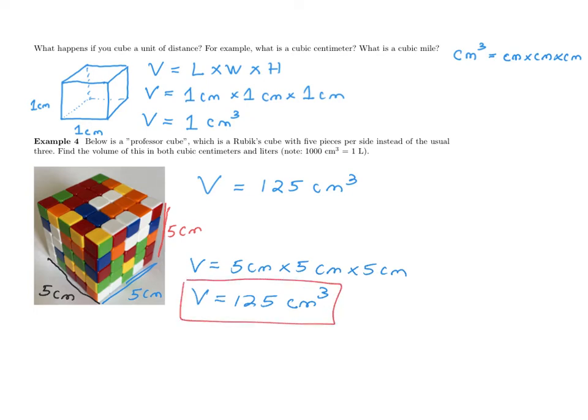The other part of this question says, convert that volume from cubic centimeters into liters. I added a conversion factor here, which you don't have to memorize, but we say that the second you get to 1,000 of these cubic centimeters, this is what we call 1 liter. I think we can use this conversion factor and dimensional analysis to convert this into liters. So I'm going to write down